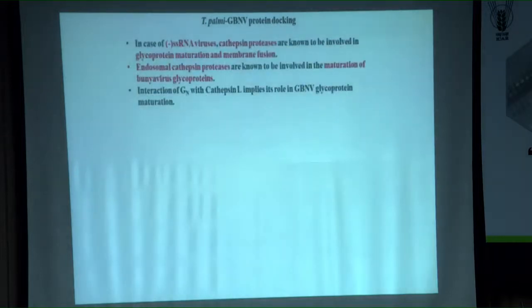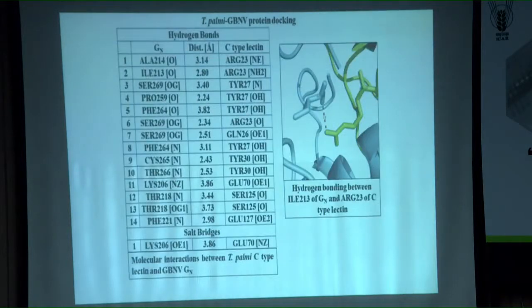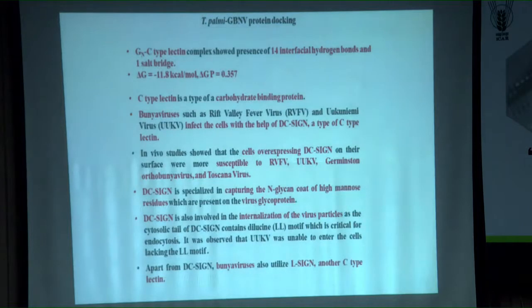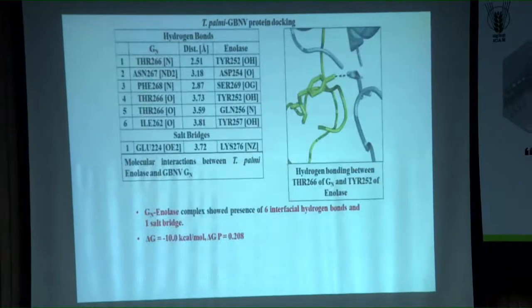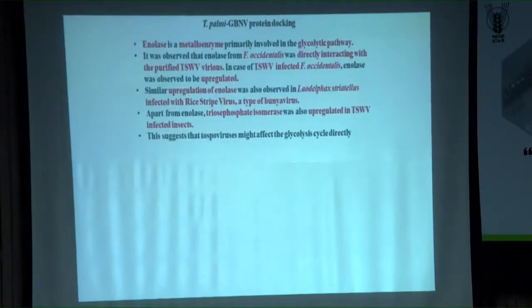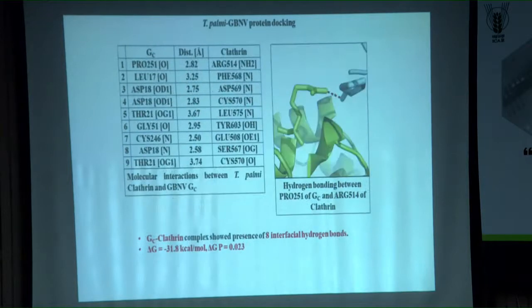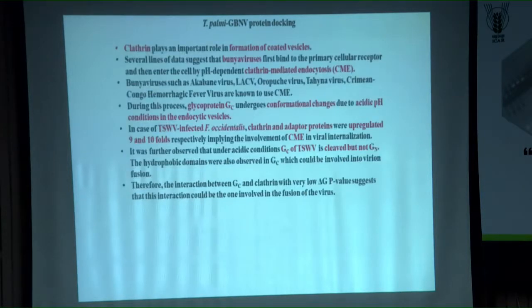So in that way, we predicted interaction of a defined site, and using the PDB ePISA you can show the bonds and what are the distances between these residues and the interaction of salt bridge or hydrogen bond. What is the distance between these two molecules you can show in the PDB ePISA. So I'm not taking much time. In that way we predicted different types of interaction, and gradually we can predict the interaction between GBNB, GN, GC and the Thipswami protein.